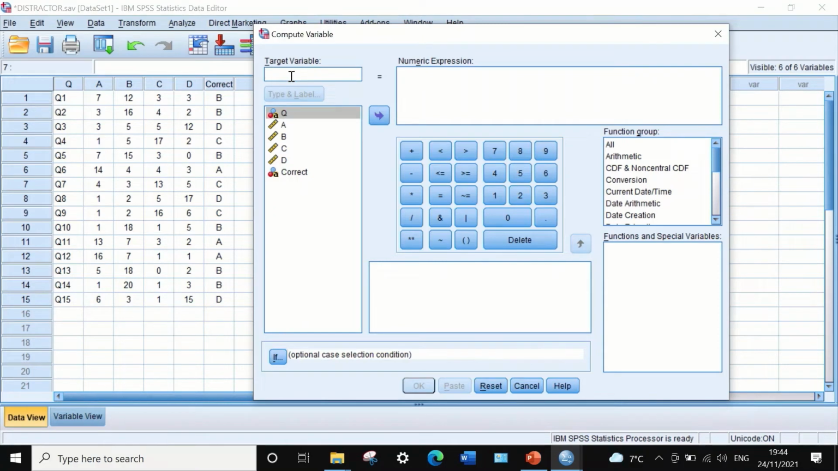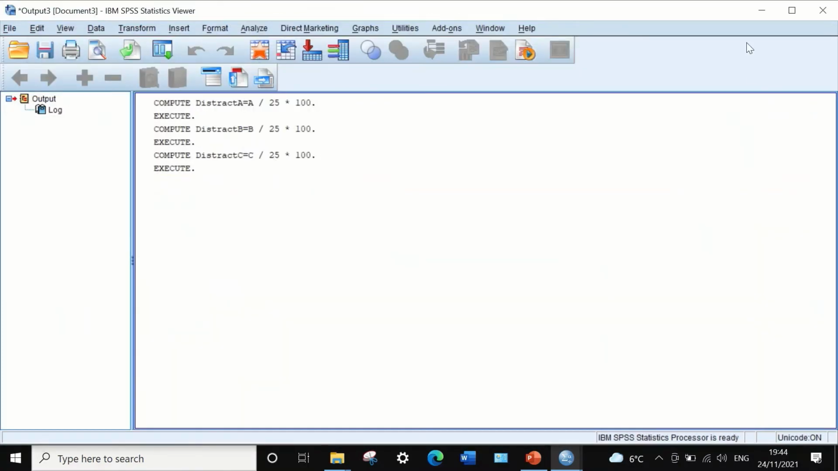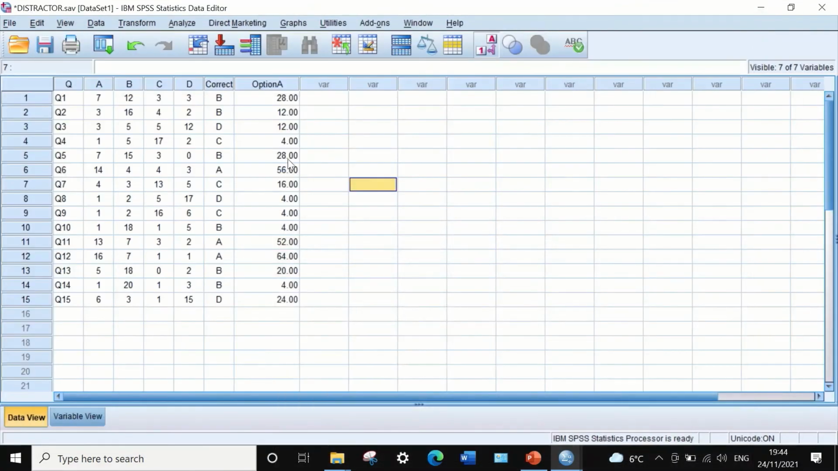generate a target variable, call it option A, and then we're going to select A, move it to the numeric expression. We're going to divide that by 25, which is the total number of students, then multiply that by 100 to get the percentage. And if you click on OK, a new column is generated, or a new variable is generated